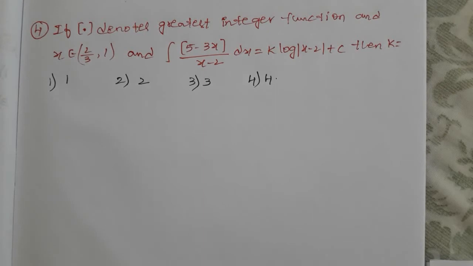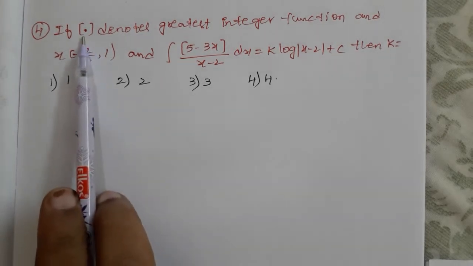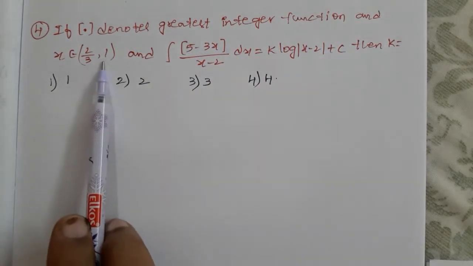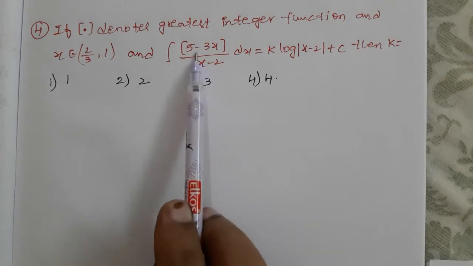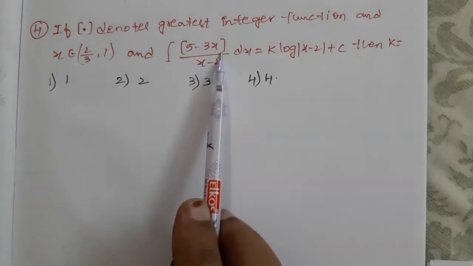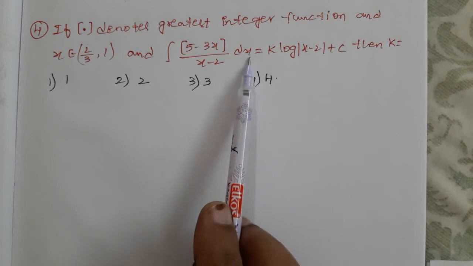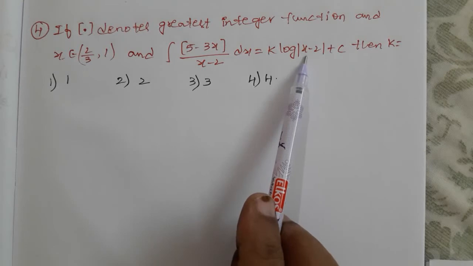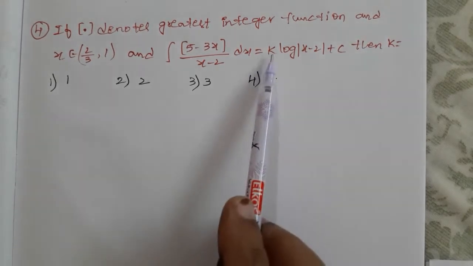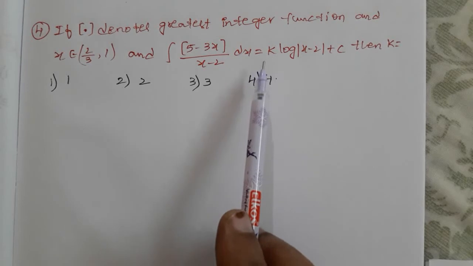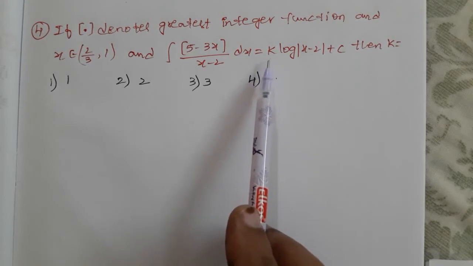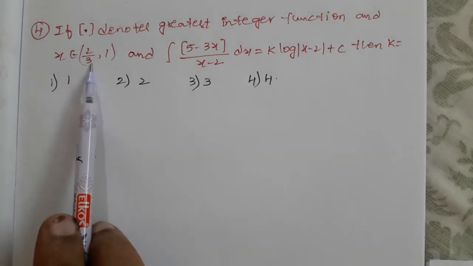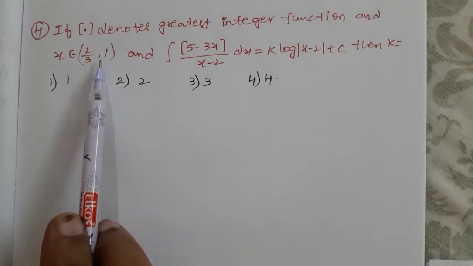Now next question. If [.] denotes the greatest integer function and x belongs to (2/3, 1) and the integral of [5 minus 3x] divided by x minus 2 times dx is equal to k times log of modulus of x minus 2 plus c, then k is equal to? In the question we are required to calculate the value of k. For that there is a condition x belongs to (2/3, 1). Let us start the problem from this condition,